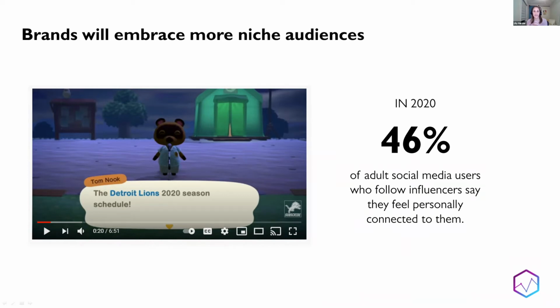And reaching those sub-communities on more of a cultural level. Being culturally relevant today is not just about following what's happening culturally, it's about actually creating the culture. So we think brands are going to be leveraging this idea of fandom to really gain access to and engage with these growing communities, and eventually seeing brands embrace more of these niche audiences in order to drive authentic engagement.